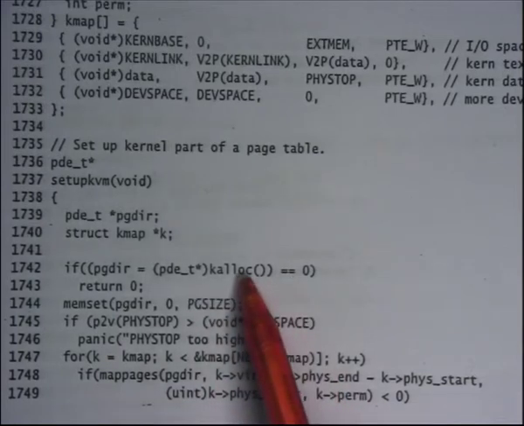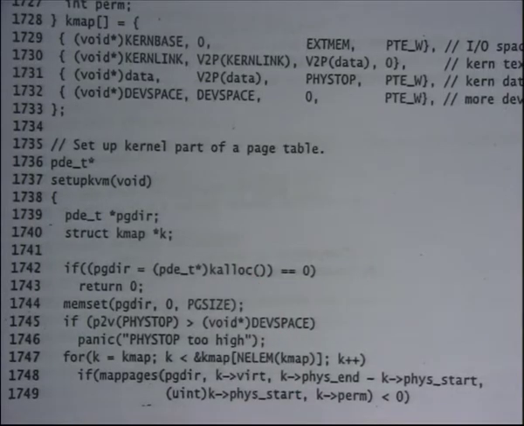Why could kalloc fail? Give me some reasons. You have run out of memory. So let's say the physical memory was very small, and so the headroom that you have above the kernel space is very small. So when you call the first kalloc, the first page itself failed. Right? Yes, question. How is the kalloc working?